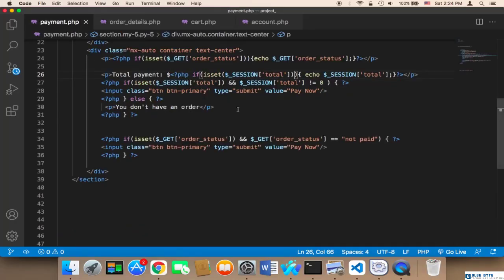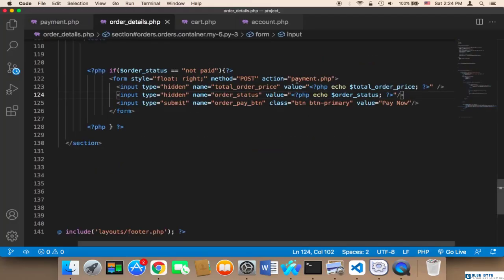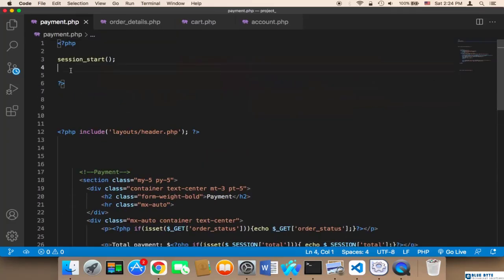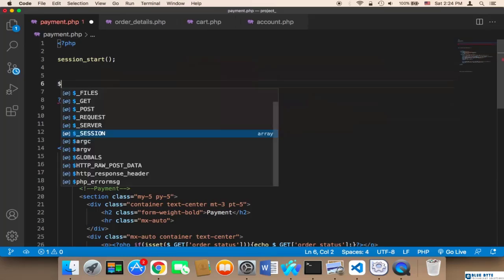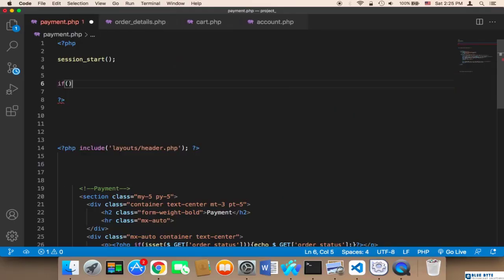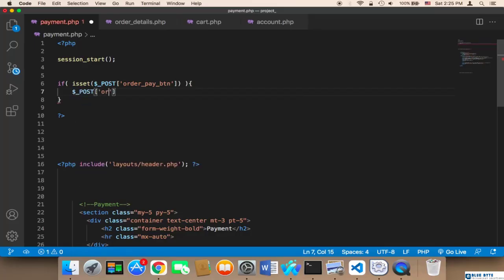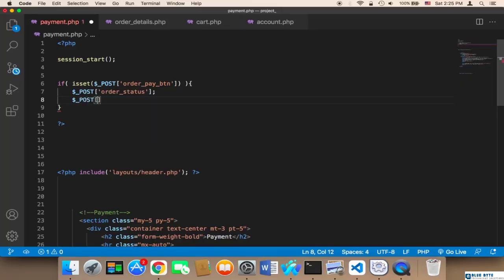payment, we need to receive these parameters. Here we said payment.php and post. So in the payment.php, we need to receive the order status, and here at the top we can say if is set post order pay button, then we need to get, what do we want to get? We want to get the post order status, and we need to get the post order